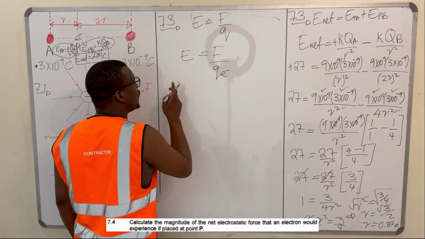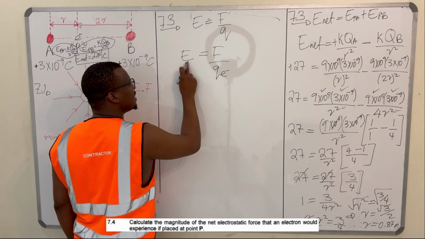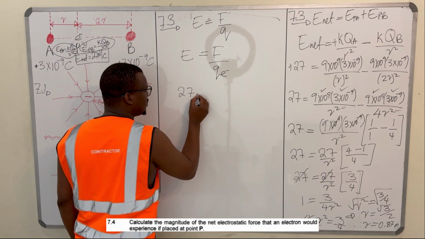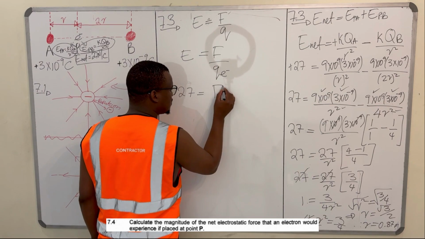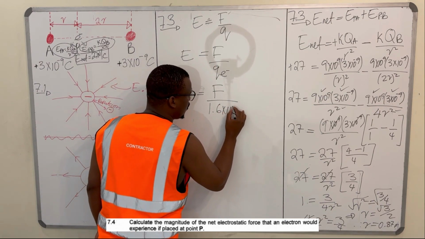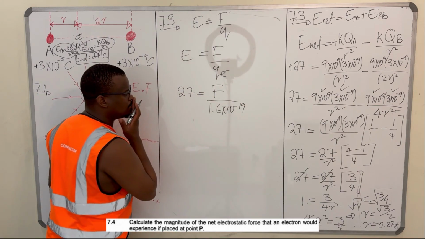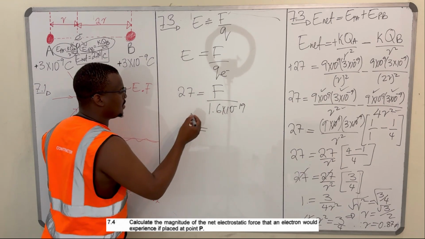So our net electric field is 27, equal to the electrostatic force, which is what we want, per unit charge, which is 1.6 times 10 to the power minus 19 coulombs. So your force is equal to, cross multiply,